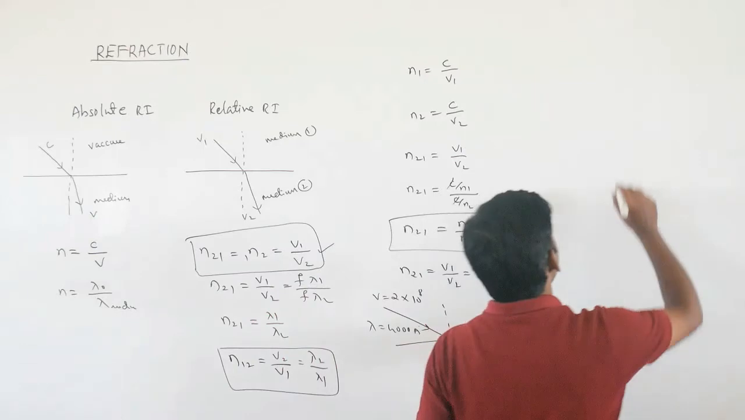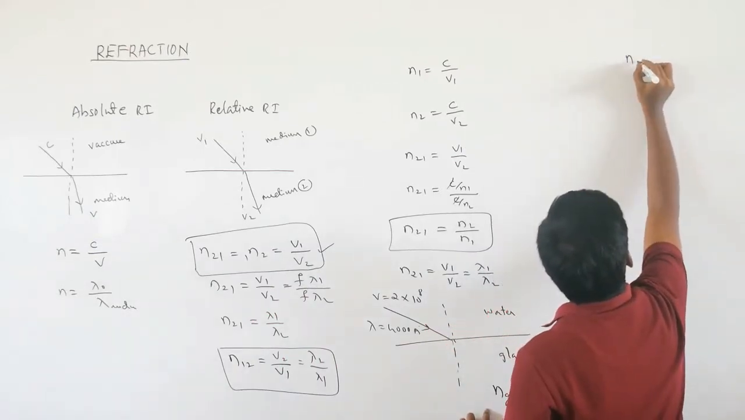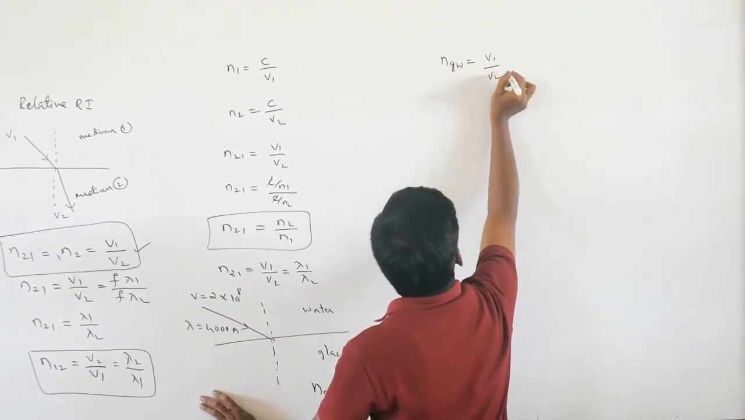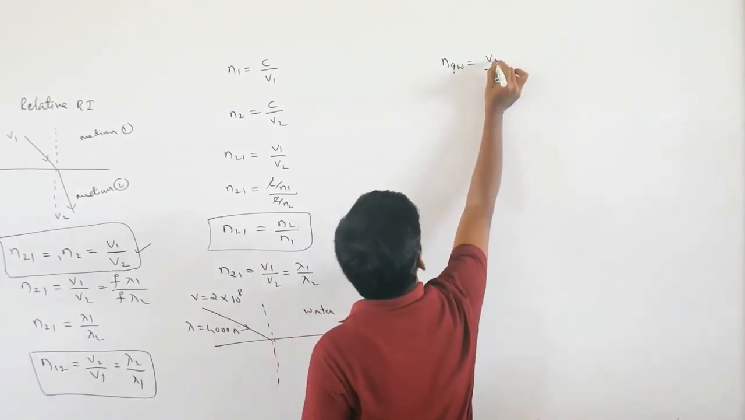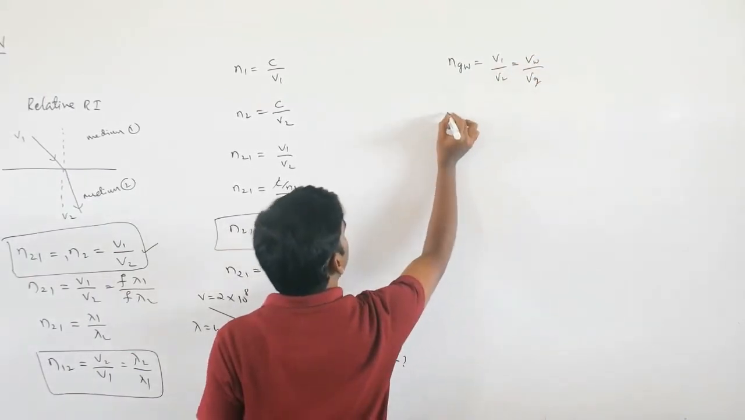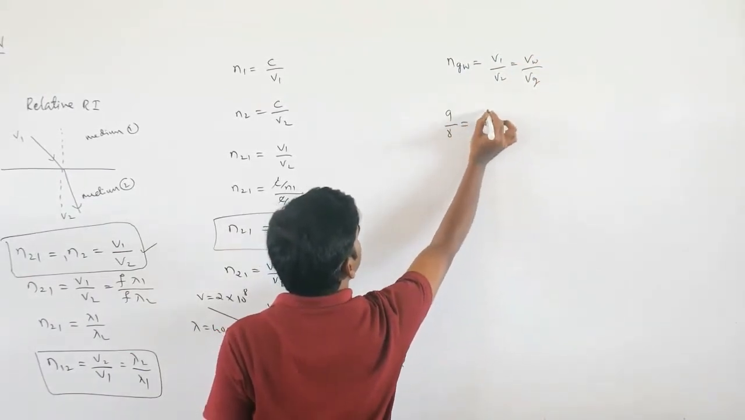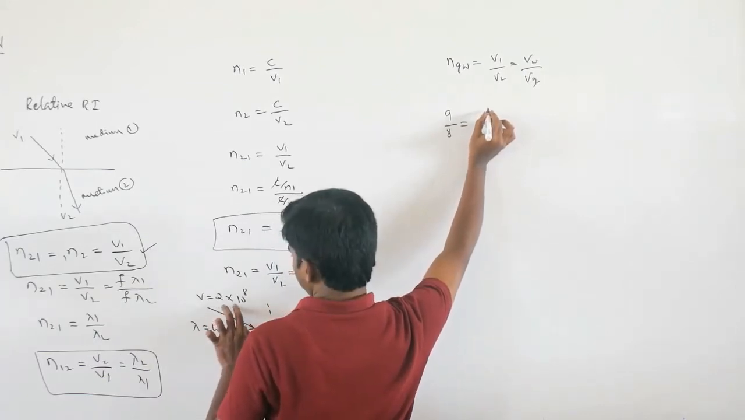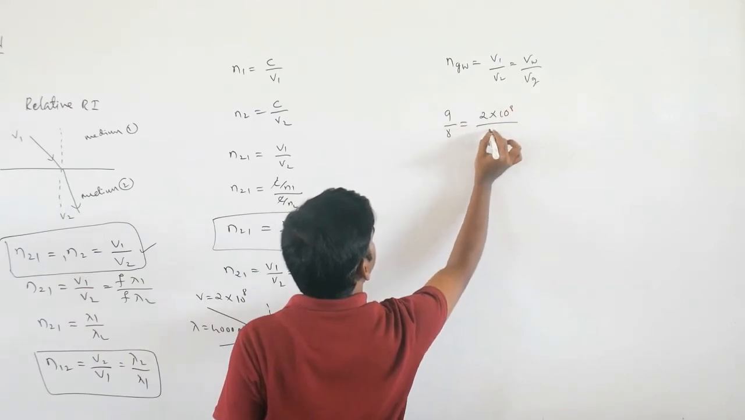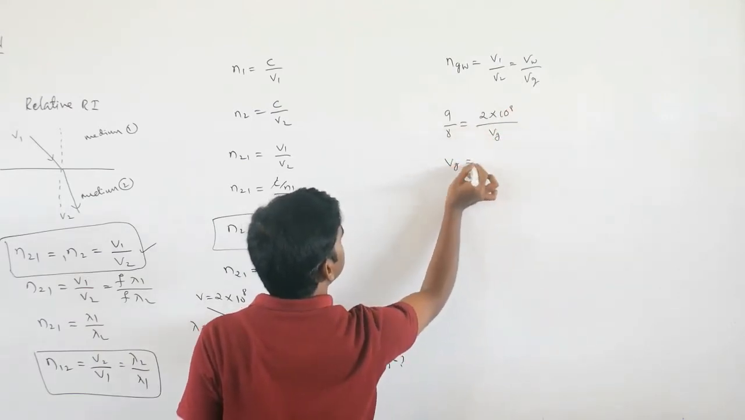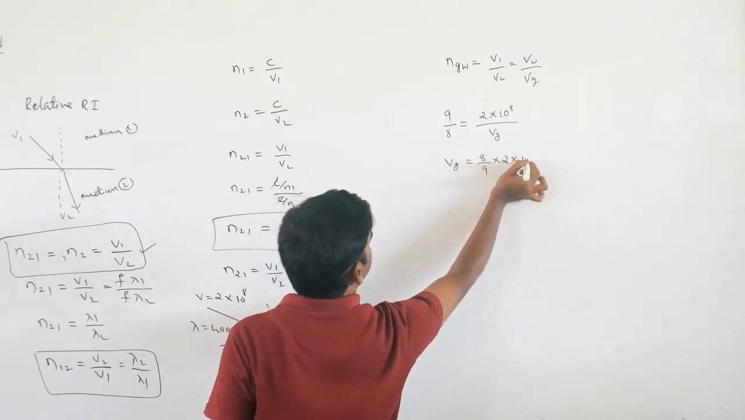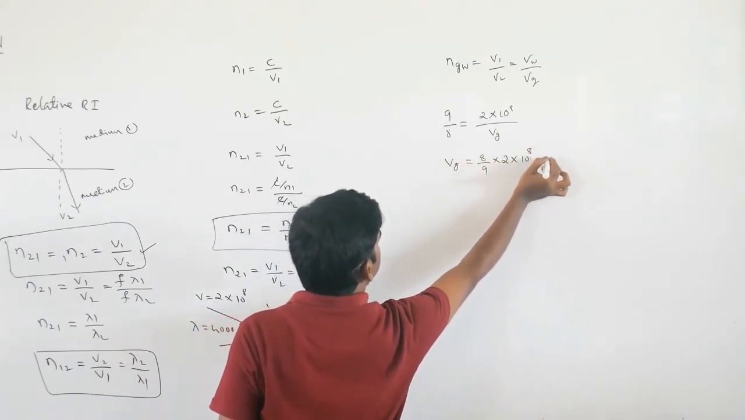So what we do, we know that the refractive index of glass with respect to water is V1 divided by V2, that is velocity in water divided by velocity in glass. So this is 9 by 8. So velocity in water is 2 into 10 to power 8, and we want velocity in glass. So velocity in glass is 8 by 9 into 2 into 10 to power 8 meter per